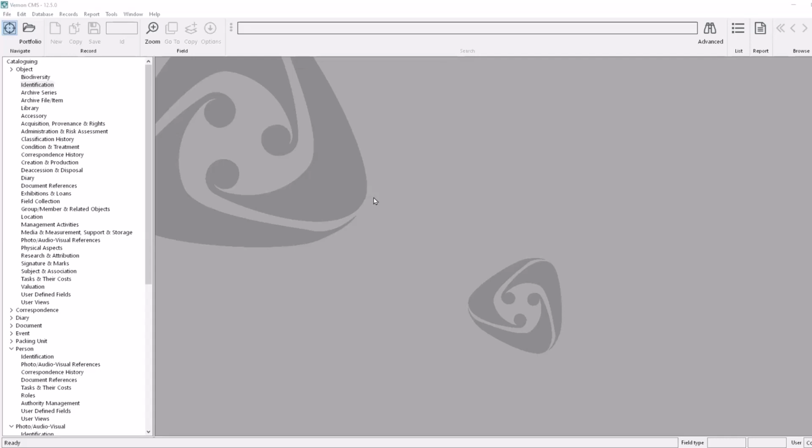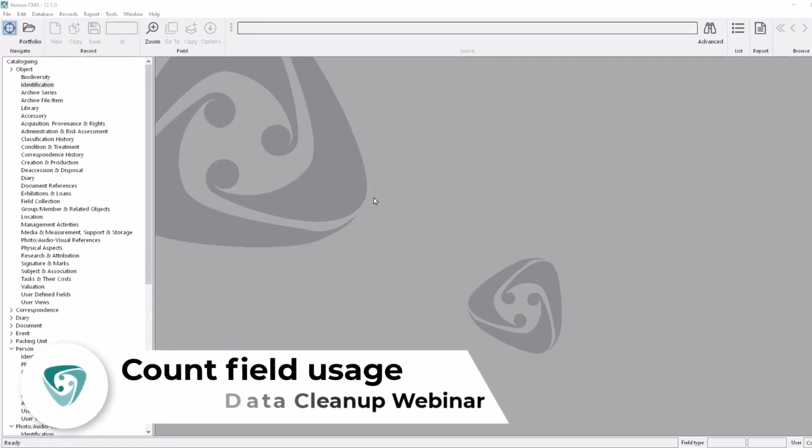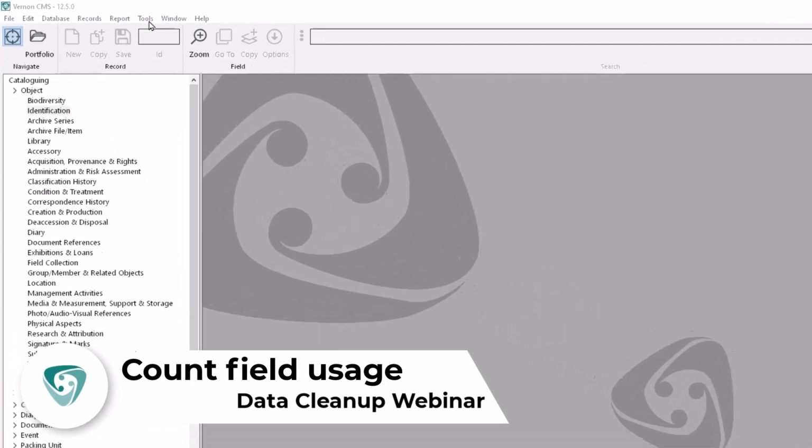When you have significant amounts of data in Vernon and multiple cataloguers, it's common to have duplicate or missing data. So today we'll talk about some of the ways that you can evaluate your data and then how you can clean it up. The first thing that we'll look at is a tool called Field Usage Count, and it's under the Tools menu,